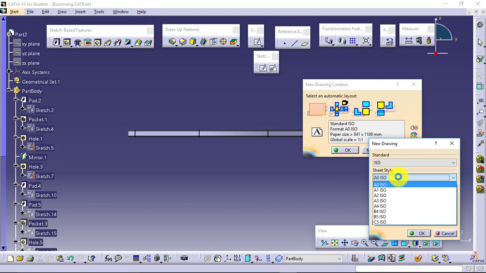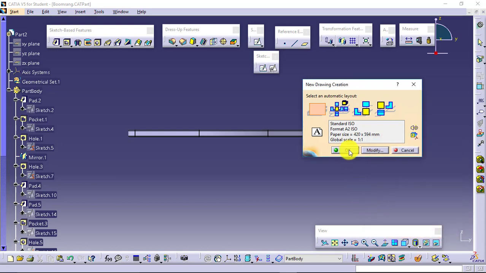So here we are deciding the sheet size as well as the standard. Say for this I'll consider A2 size. I'll go for A2. Then the orientation of the sheet, I want it to be portrait or landscape, that I will also decide, and I'll say OK and OK again.